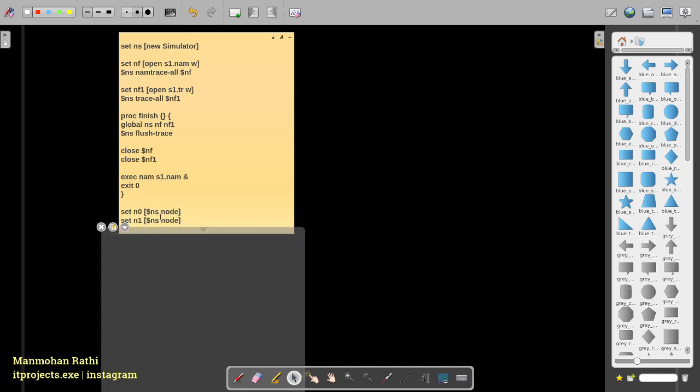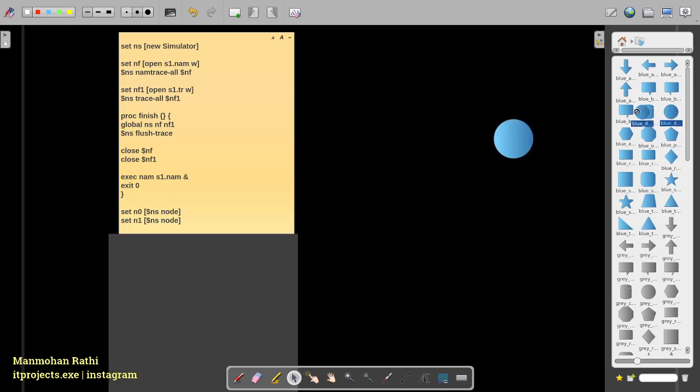So in the program we need to create a topology, right? For the topology we need 2 points, and let's see what these two points are. So let's take this and let's take this. What will happen is that this set n0 will create this node, and let's name it n0 here. Yeah. It will create this node, and the next line will create n1. These are just 2 points basically in the network.